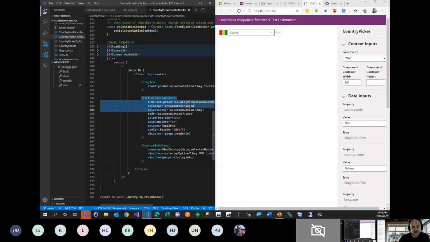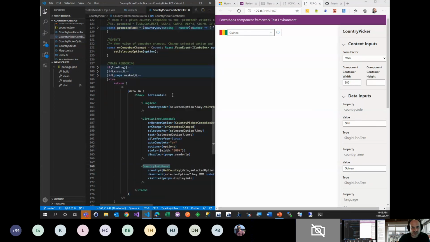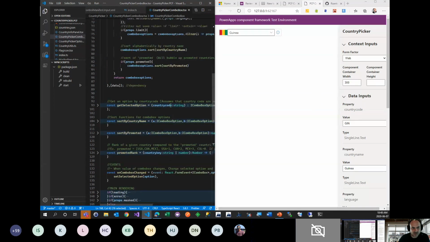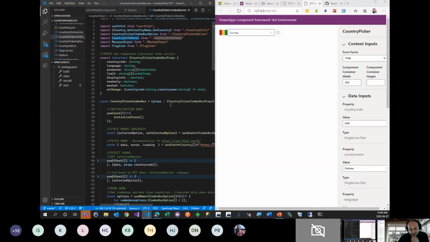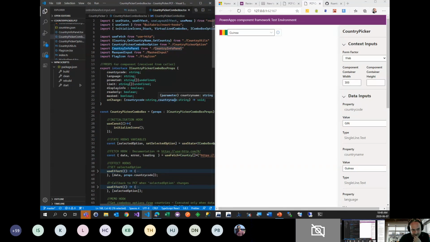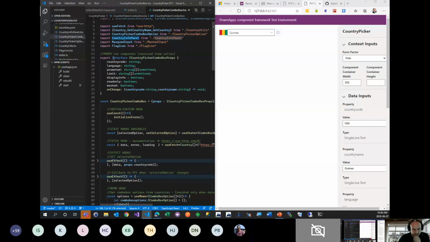You have the virtualized combo box, which comes from Fluent UI, but these two controls are my custom controls that are declared in the other files, and I'm able to call them with this HTML-like notation and inject the properties. So for me it's very clean code, and it's very useful. And the way this control works,